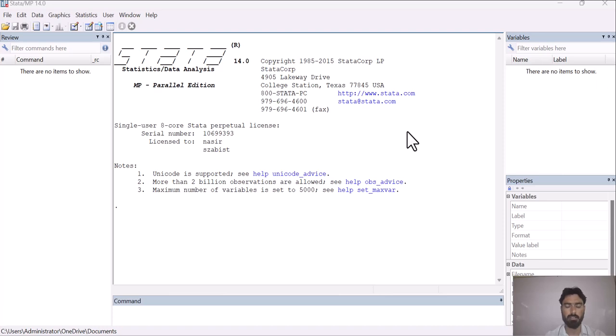In our today lecture, we are going to discuss how to remove serial correlation from our dataset. So first of all, we have to check whether there exists a serial correlation in our model or not. Then after checking, we will see how we can resolve this issue of serial correlation from our model.